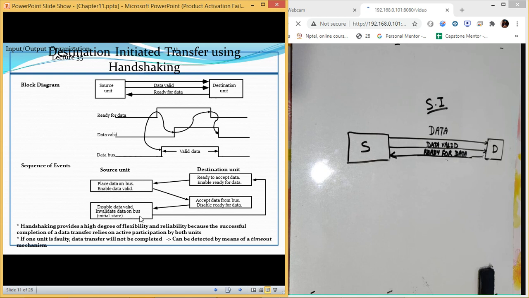So we have a timeout mechanism implemented in the system so that we are able to transfer the data at a correct speed and the data reaches the other unit successfully. So this is the benefit we have in handshaking as compared to the Strobe. Strobe was not having any kind of mechanism to identify whether the data was received properly or not. But in the case of handshaking, we know whether the data was received properly or not.